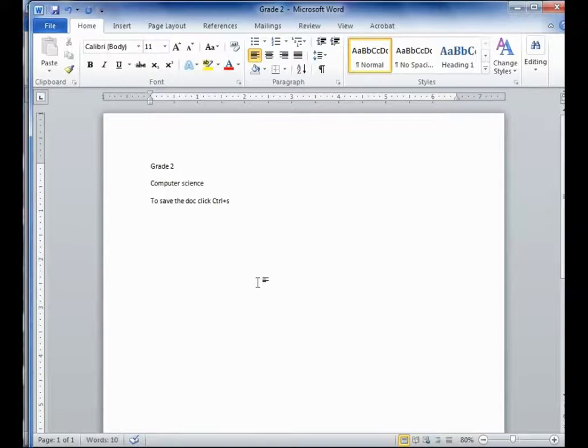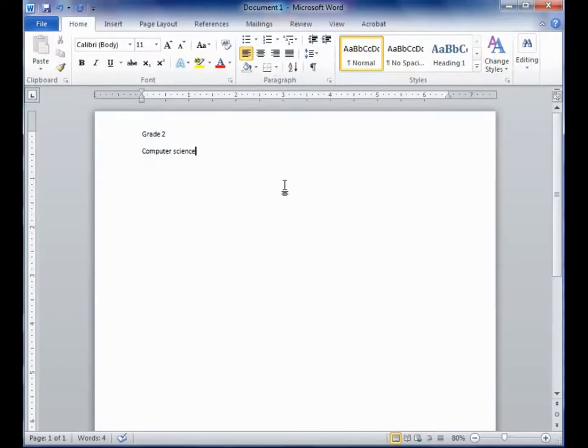Yes children, and we learned about the status bar, isn't it? Yes. In this you can see how many pages we have used: 1 out of 1. How many words were typed? 10. Clear? So this is the use of the status bar. Okay. Yes. Now let's save it and close this document, and see, this is what we opened at first.